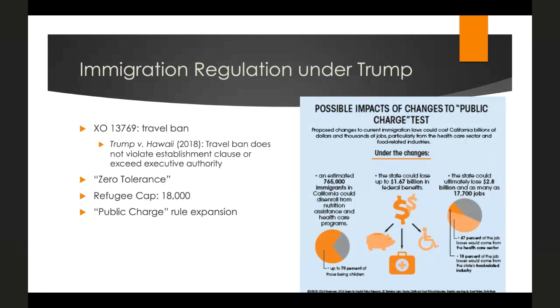And many were concerned and are concerned that this will lead to basically a chilling effect on immigrant families refusing to use their lawfully entitled social services for fear that this could be detrimental for applications to citizenship, gaining green cards for family members, or getting an adjustment of status for themselves. So these were all different changes that were happening at the federal level under the Trump administration.